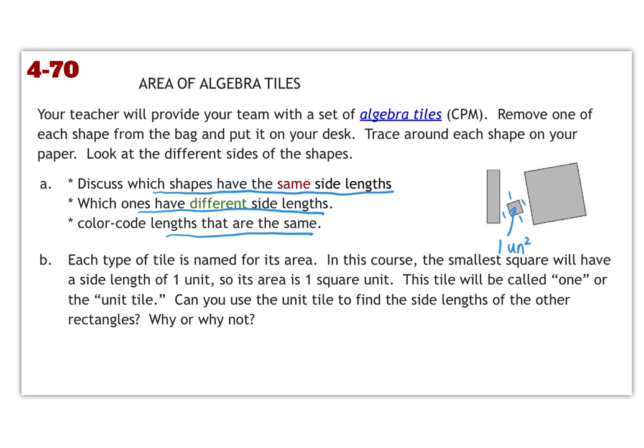So yes, we can for only one of them. If you see that there is the same side length that matches right here and here, those are the same side lengths, those are all 1 long as the perimeter. This side is also 1 unit long. So yes, we would be able to